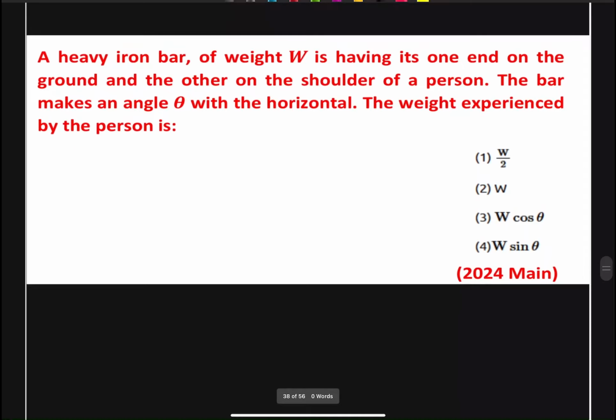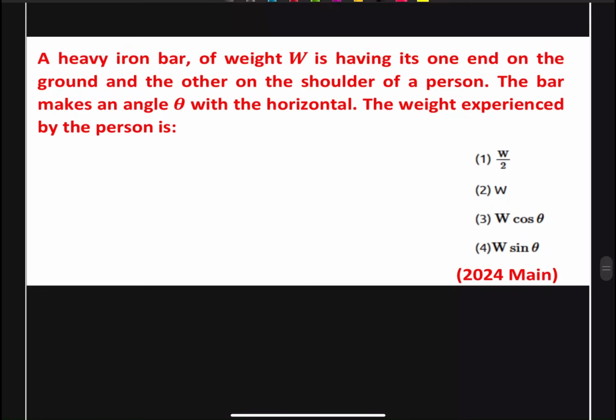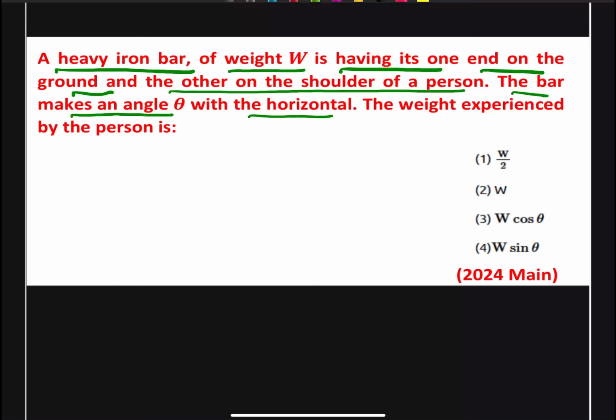It states that a heavy iron bar of weight W is having one end on the ground and the other end on the shoulder of a person. The bar makes an angle theta with the horizontal. The weight experienced by the person is... So in this case, let us first of all draw an approximate figure,